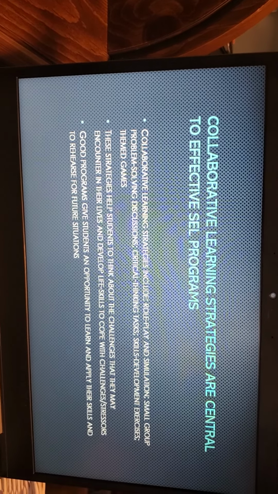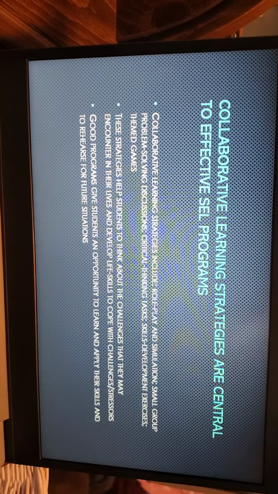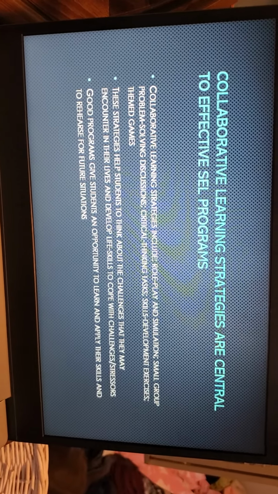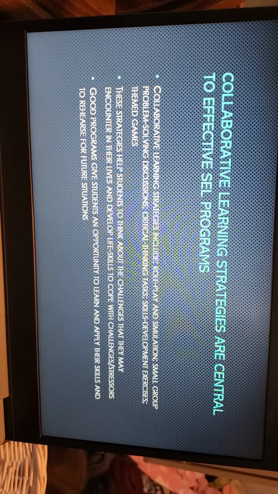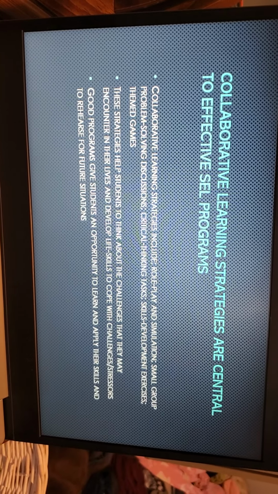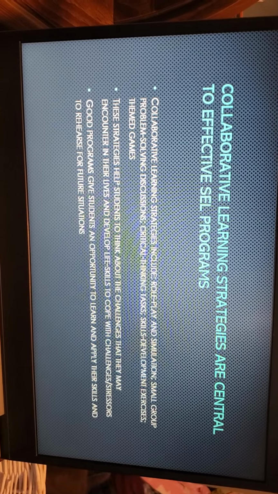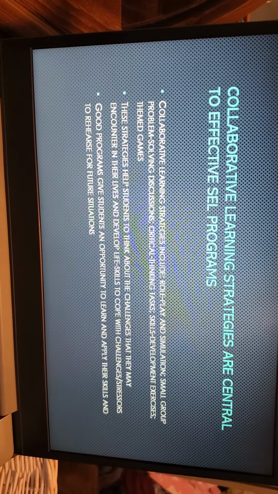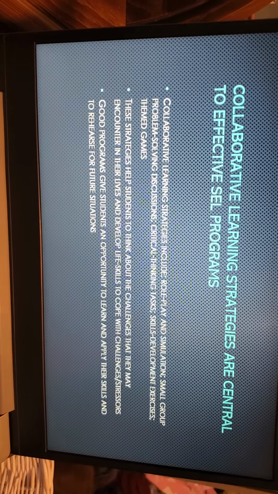language arts. It is a really good one that a lot of them do, and social emotional learning is very easy to slip into language arts, because as you see, some of them have the same strategies for teaching it.